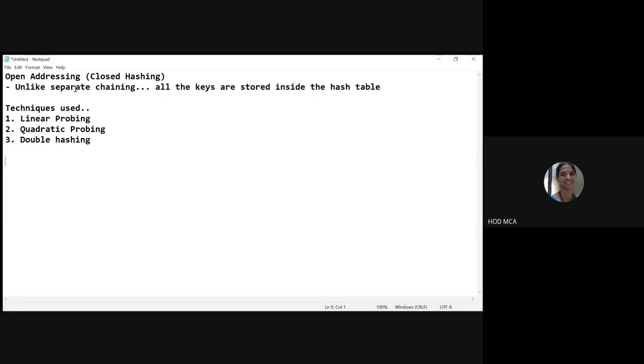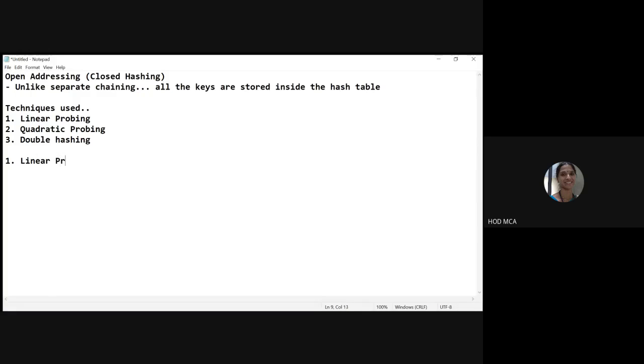So there are three techniques under open addressing, which is also called closed hashing. We have already seen separate chaining, the open hashing, correct? This is closed hashing. Now let us go one by one in detail.